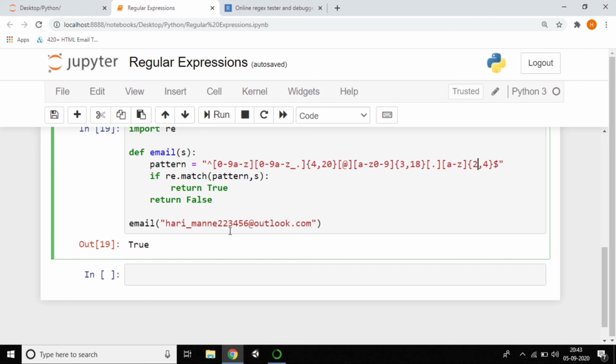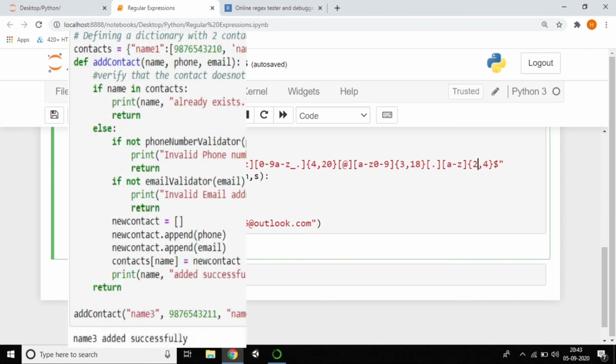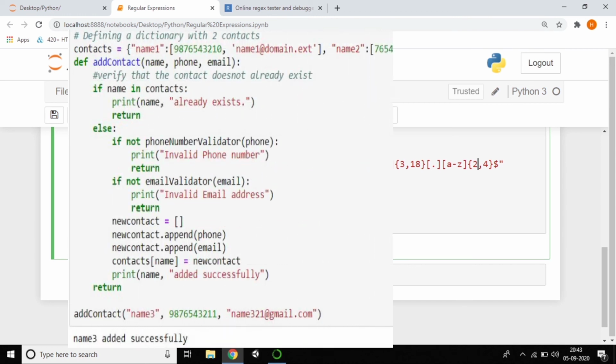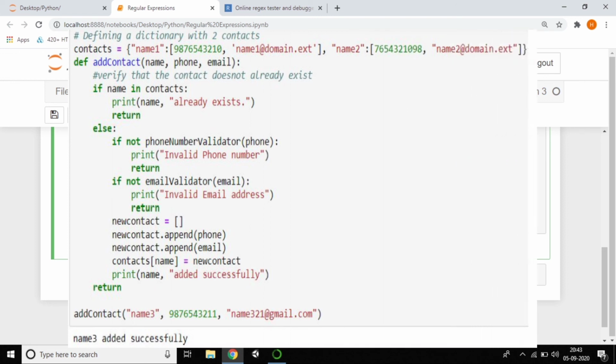At that time, we wrote a phone number, we wrote a mail ID. So we need to validate, right? We didn't validate it at that time. If you want to validate, you can write the code. Actually, I'm not explaining it in this tutorial because it becomes a long and long tutorial. I don't want that. Anyway, I hope you understand what I'm explaining. You can see the reference code here. If you want to validate, you can use this function name and validate. You can see the reference code of this.